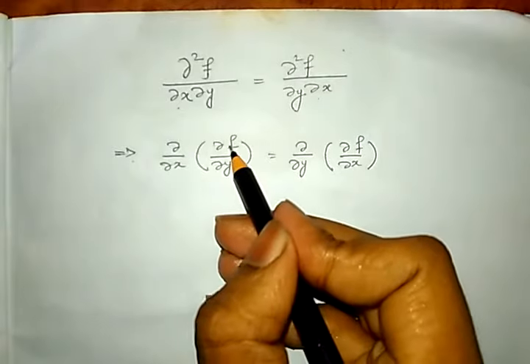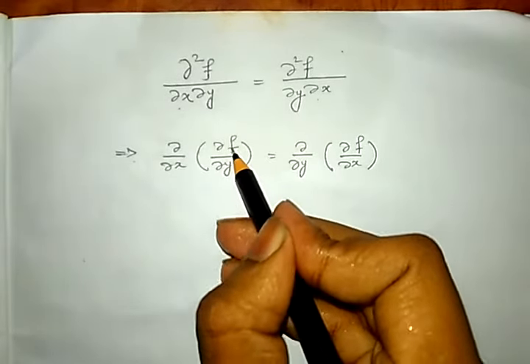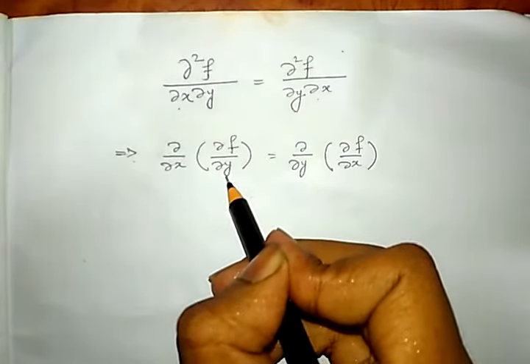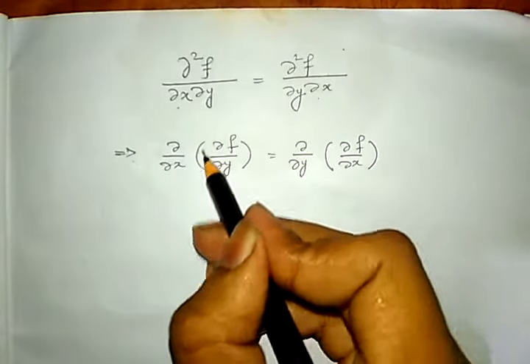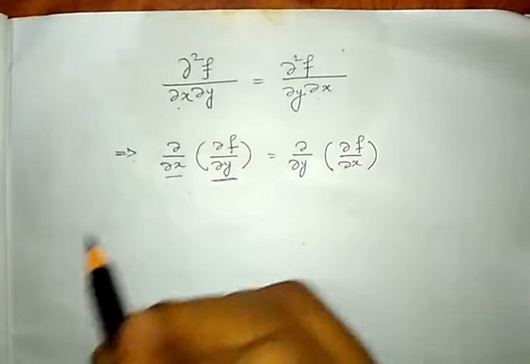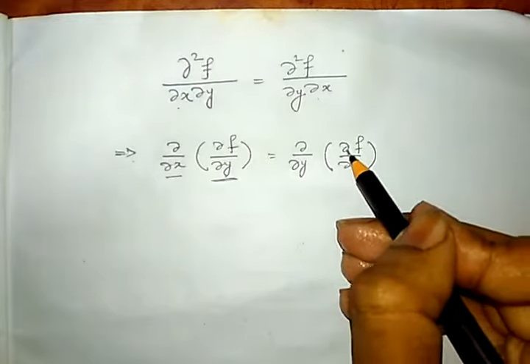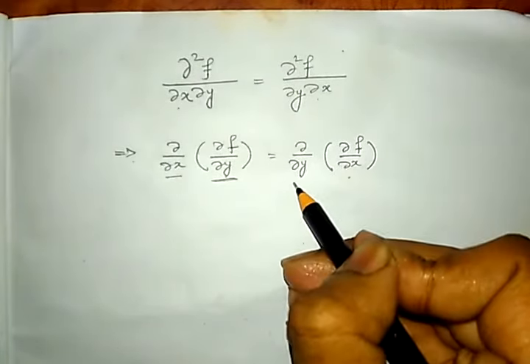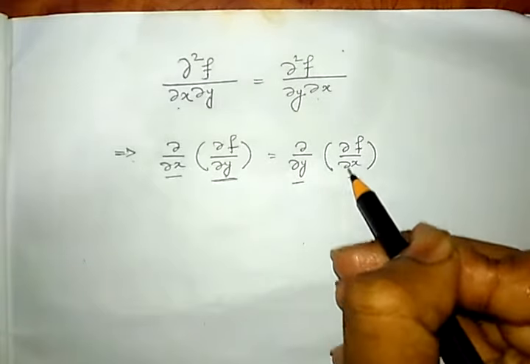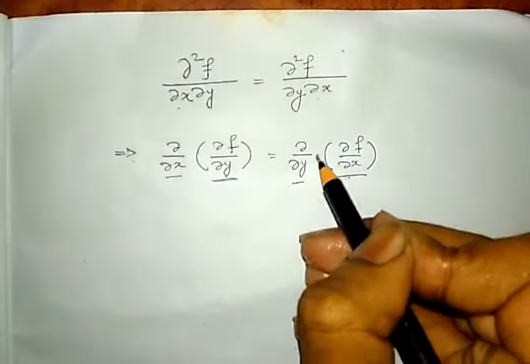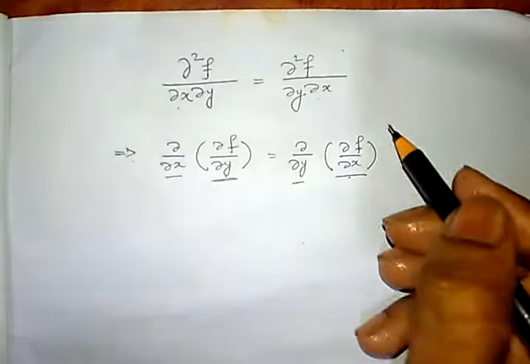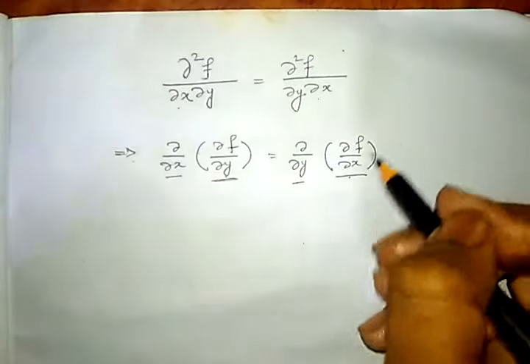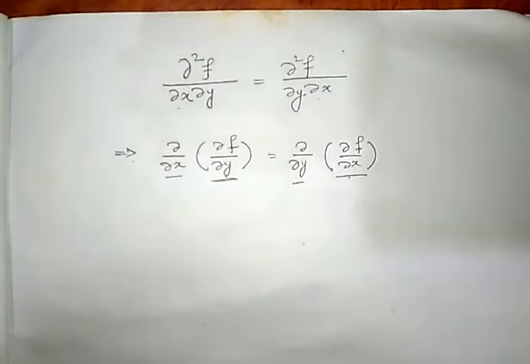Here we have the partial of the function with respect to y first, and then the partial of this part with respect to x, and here we have the partial of the function with respect to x first, then the partial of the whole term with respect to y. These and these are both the same, and these identities are normally used in undergraduate mathematics and physics, and today